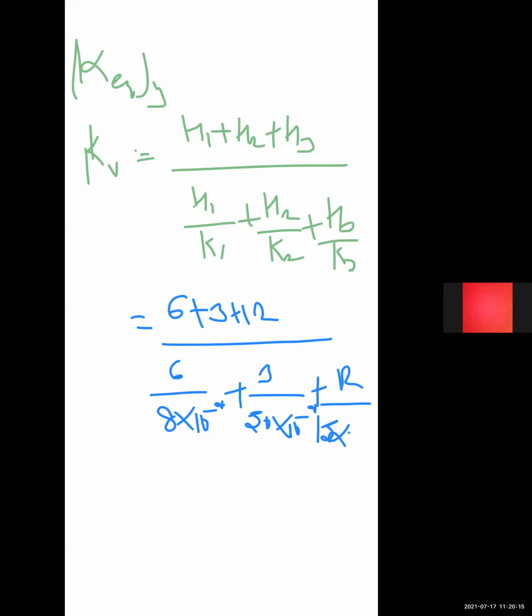So calculate the value: 21 into 10 to the power minus 4 divided by 6 by 8 plus 3 by 50 plus 12 by 15. So the value of equivalent permeability in vertical direction is equal to